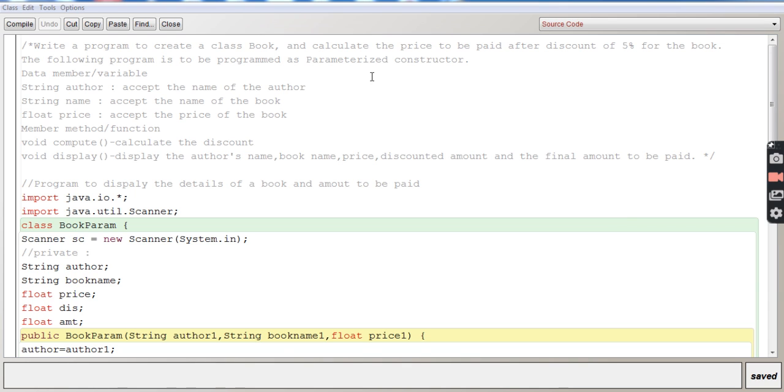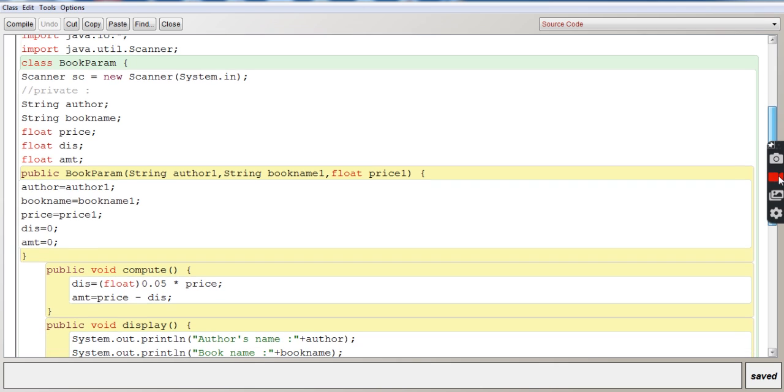But this program has to be written as a parameterized constructor, and variables are very clearly given over here, and also the functions to be used in the programs are also displayed over here. And as you know, in a constructor program, the name of the class and the name of the constructor should be same. So you can see the name of the class and the name of the constructor both are same,